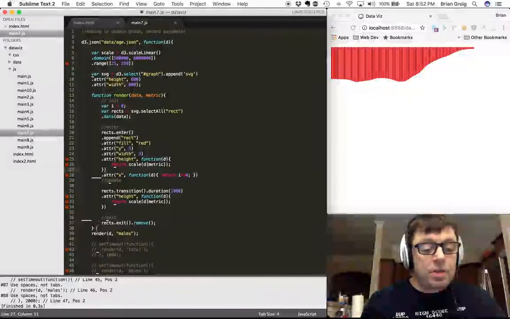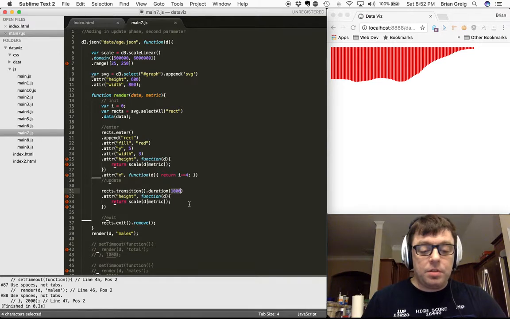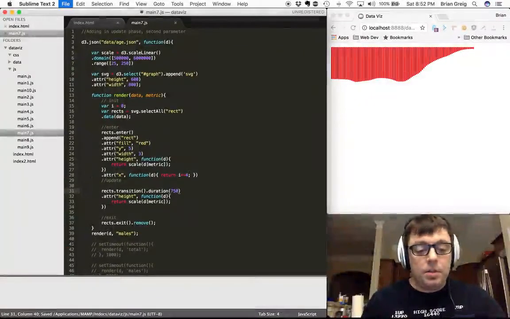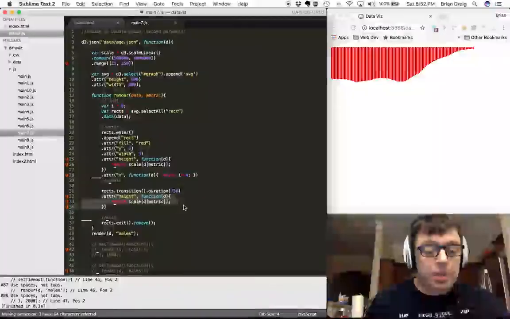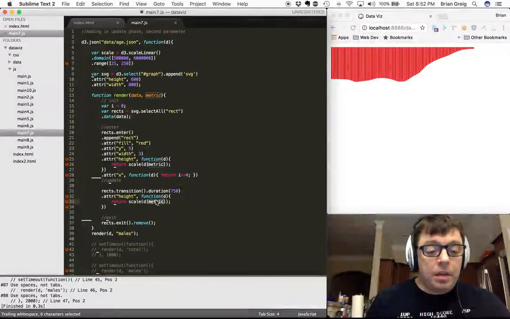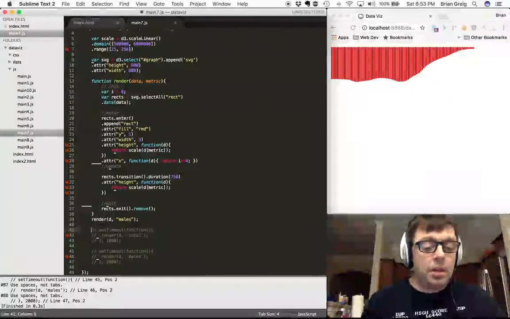values. So what we've done is we've added in this update step here, which calls the transition function for a duration, let's do this as 750, for a duration of 750 milliseconds, which is going to change the height attribute of the metric that was passed into the render function. So this really doesn't change anything if we call our render function the way that we've been calling it, but